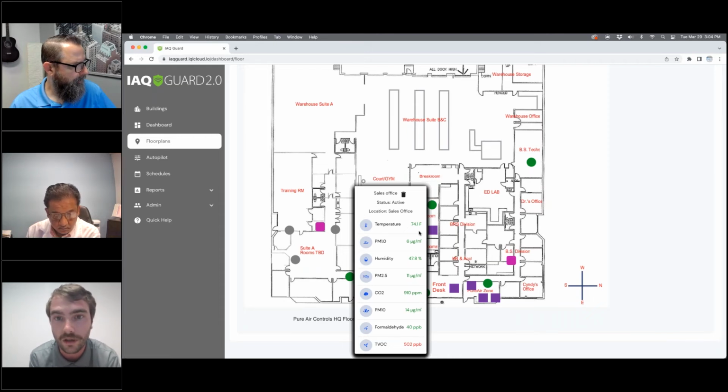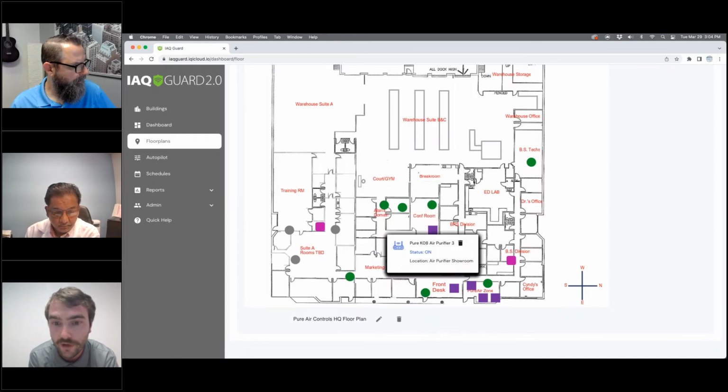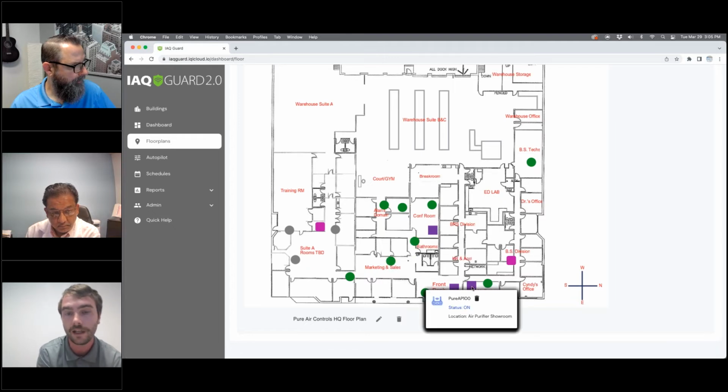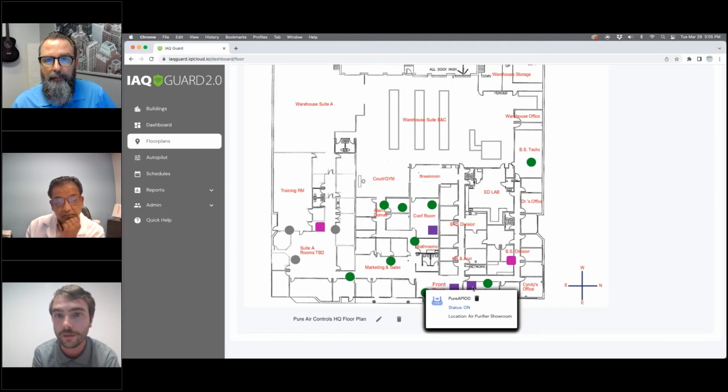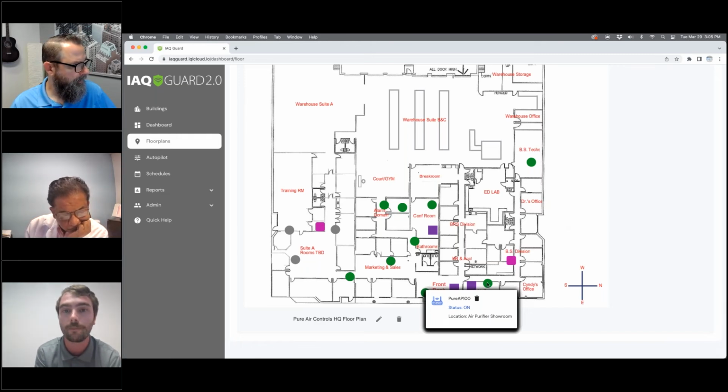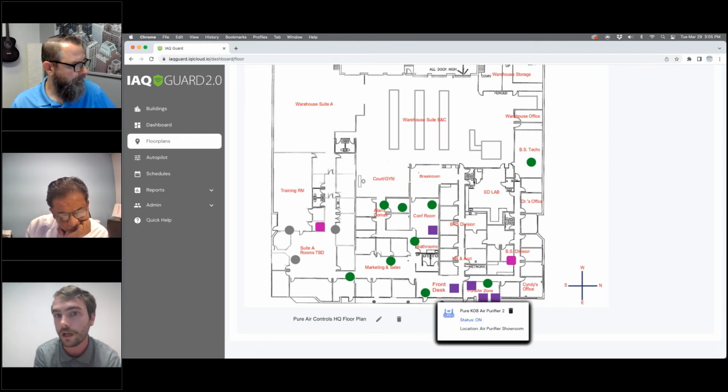You can make sure your devices are online, and you can also utilize different purifiers within the room. So as Troy's clicking on that purifier within the conference room, you can see that it's turned on right now. You have the ability to change the speed of it, change the automation of it, turn it on, turn it off, however you please. It gives you, especially as a facilities manager, a bird's eye view as to where your monitors are within your facility, and a really great way to look at how you've distributed them throughout your building,